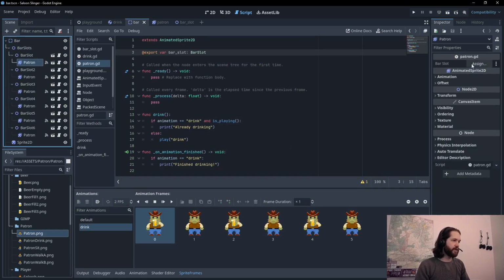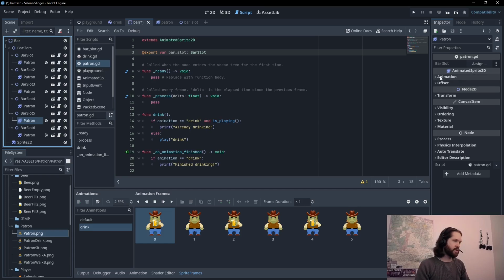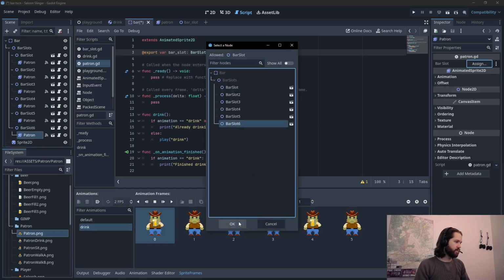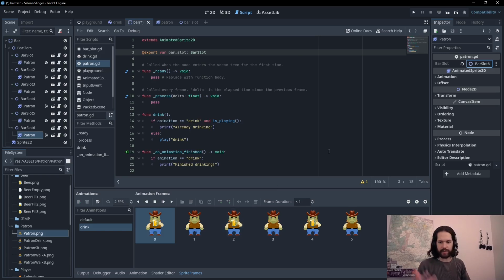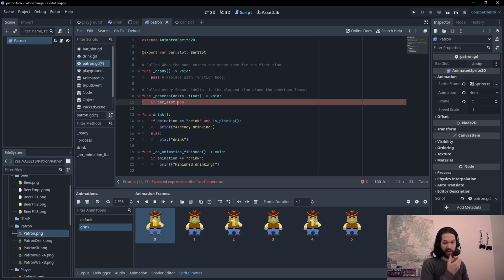So at the bar, for now, we're just going to manually assign each patron to their slot. This is a little bit of a manual process, but for the scope of the game we're doing, it's okay to do this. You can always make it programmatic, which means it does it on its own, in the future, but we don't really care about that right now. So patron, if bar slot, we will actually do that later because we want to make it so patrons can leave and come in and all that. If it has a bar slot and the bar slot,